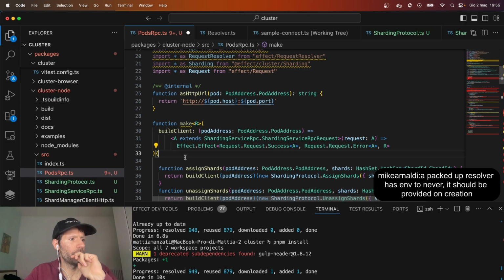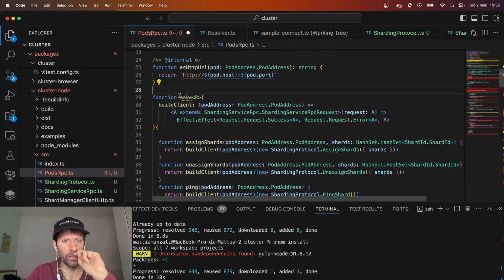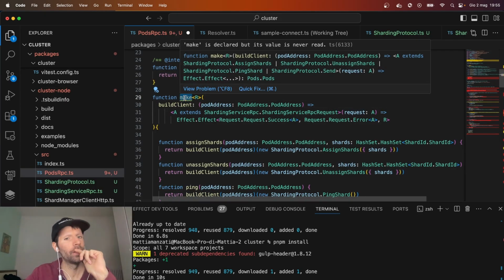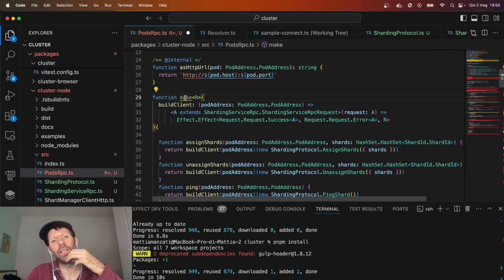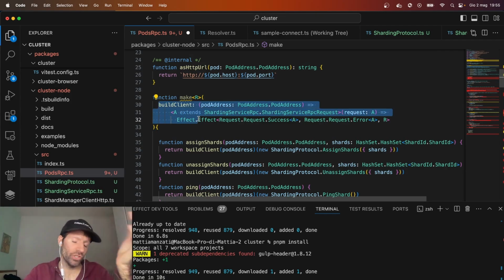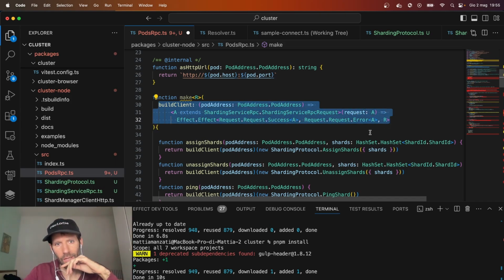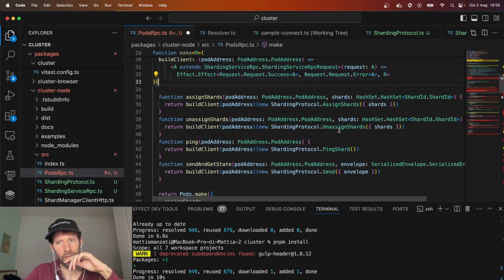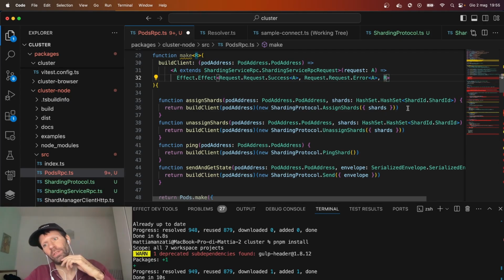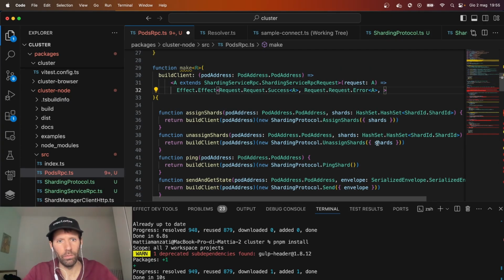Packet data resolver and event memory should be provided on creation. Yeah, the thing that I want to do is basically convert what I call the make right now. I want to make this a layer, so a function that constructs a layer. That function takes in a build client, and the layer may have some environment. Yeah, so maybe I can make this be R,